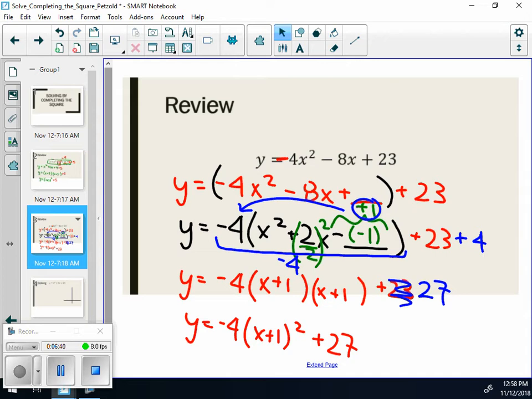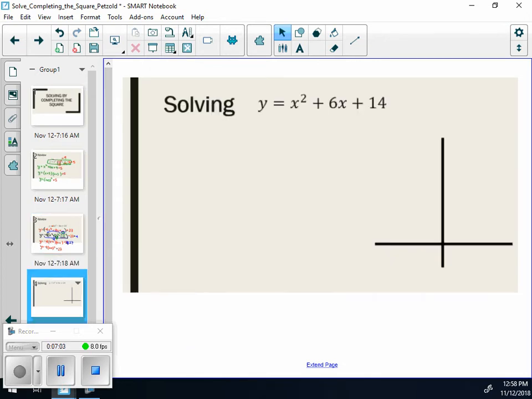Now, you might be wondering, why does it matter that we can get this from general form to vertex form? What's the difference between general form and vertex form? Yeah, you can find the vertex, but we already know that we can find the vertex other ways by finding the axis of symmetry, right? So, what if instead I looked at the first equation that we looked at here? So, we're going to look at the first equation that we completed the square for and say, okay, I want